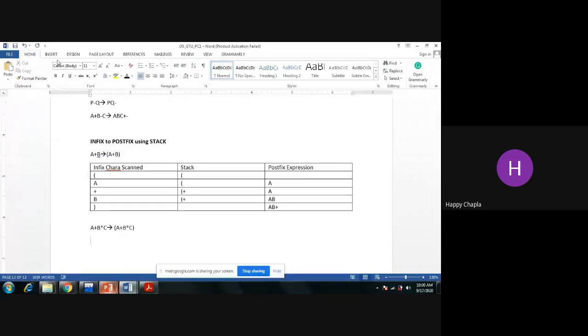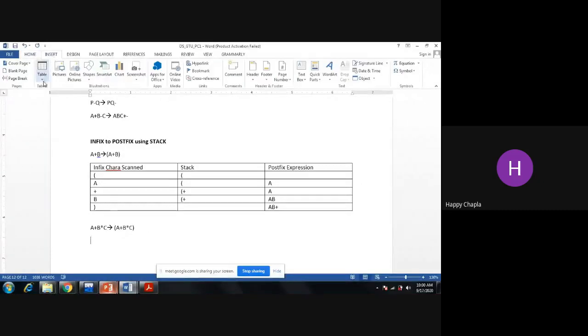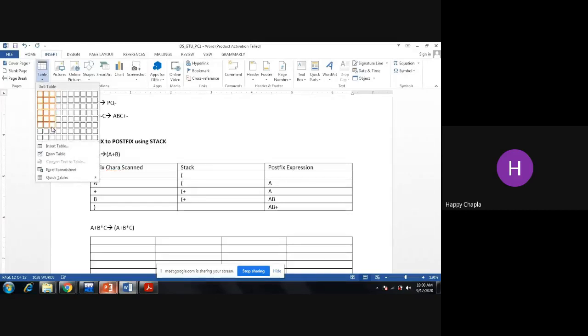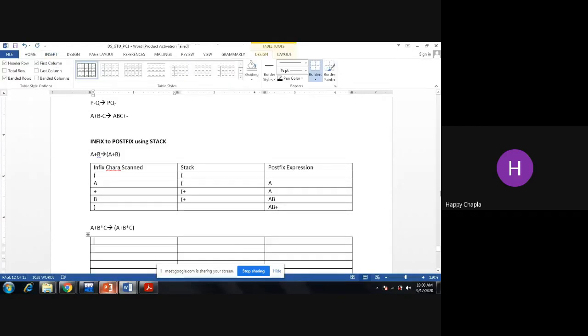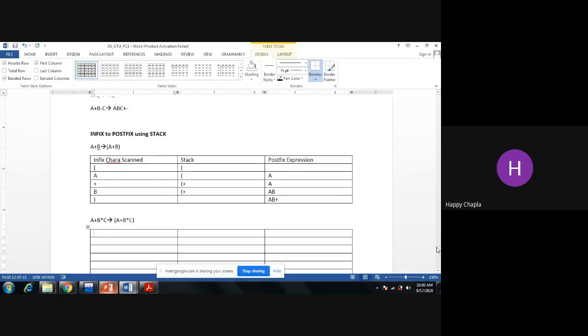Now I'm taking three portions. The first one is my infix character scan, this is my stack, and this one is my postfix expression.